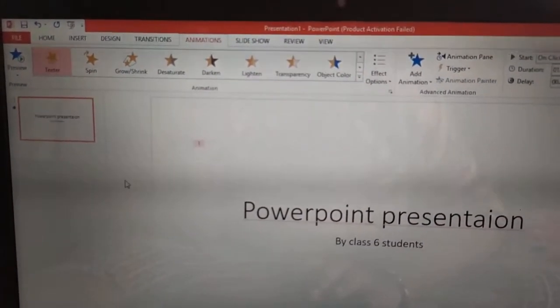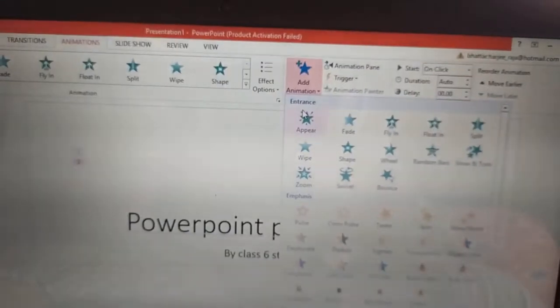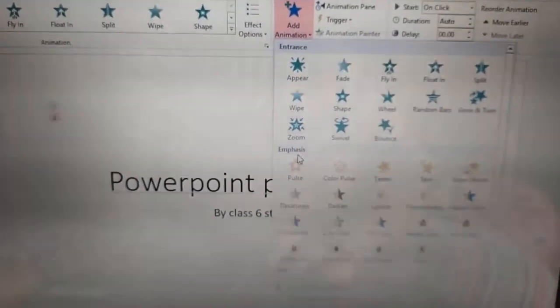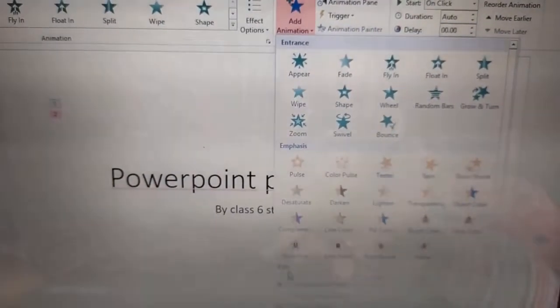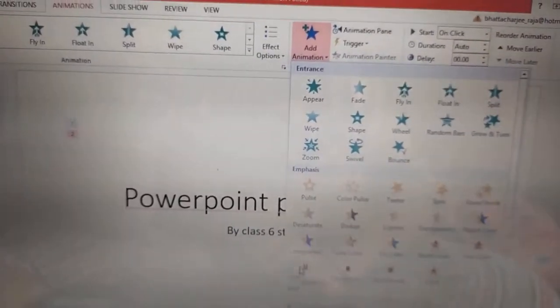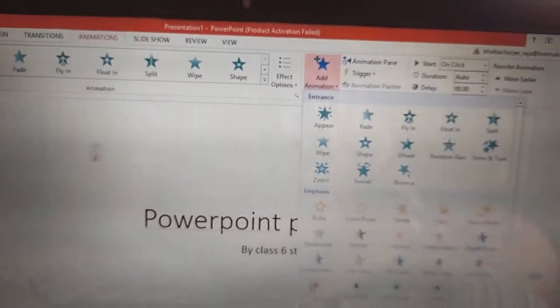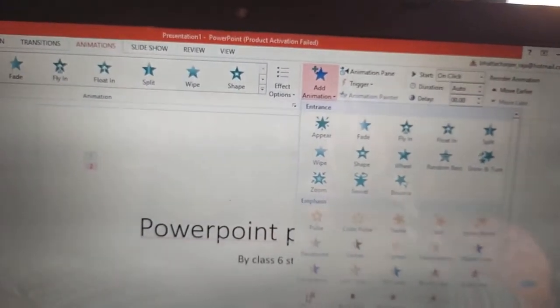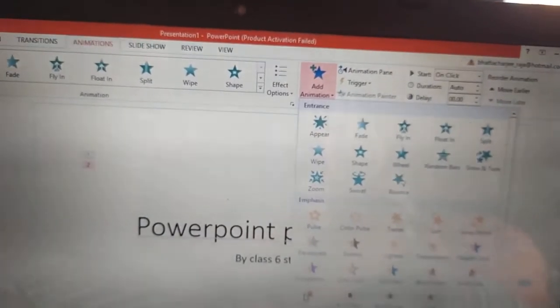Done. Now, entrance animation, emphasize animation and exit animation. Okay, three types of animations are there. Entrance animation means how the objects will appear or enter the slide.